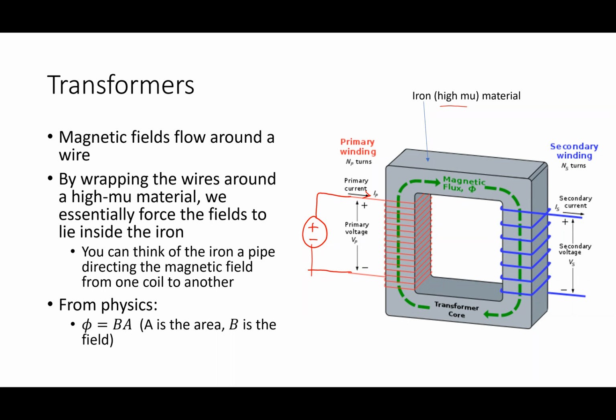So the basic physics kind of makes sense. I have this iron piece, so I'm moving voltage from one side to the next. The number of turns controls how much voltage I get on one side. Christian, you said that the iron will direct most of the magnetic field. Is there a little bit of it that doesn't get caught?